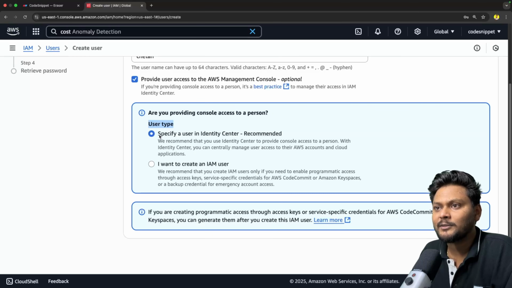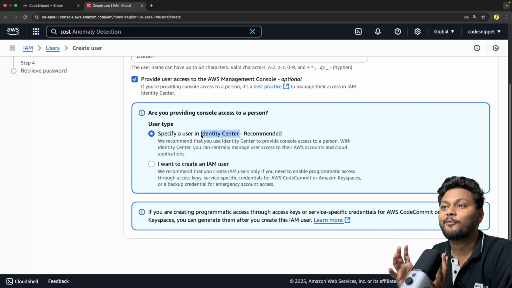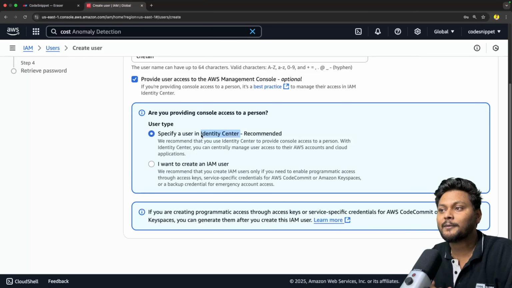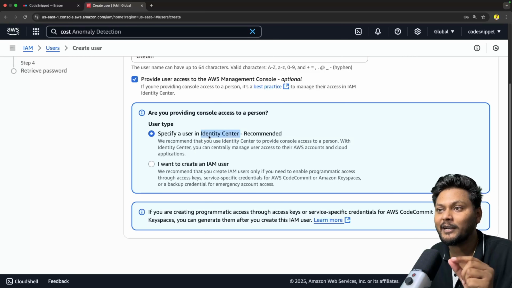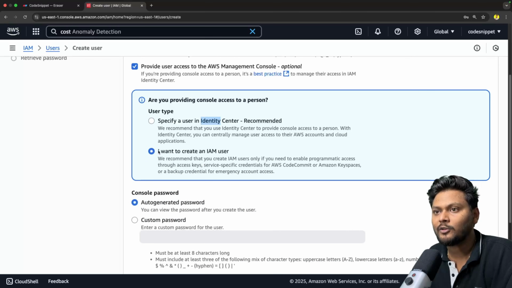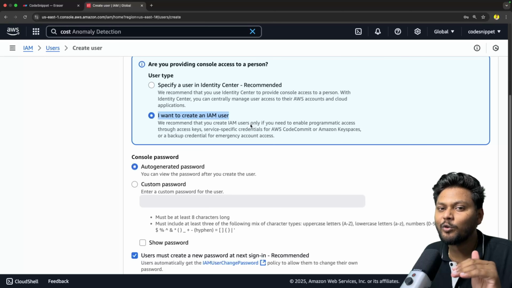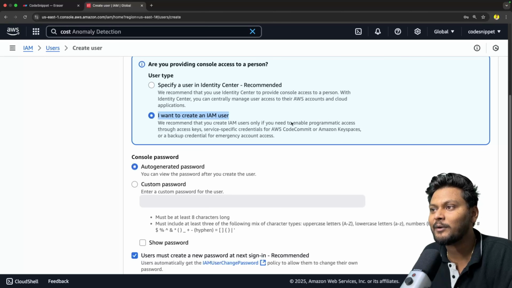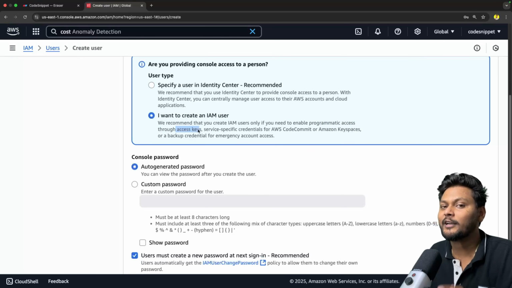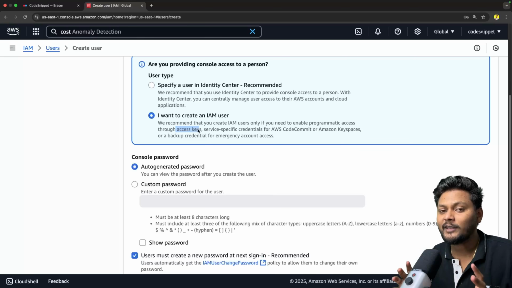So it says specify a user in identity center. Identity center is another service of AWS which is for user management. If you are in the IT industry and you want to manage a hell of a lot of users, then it is recommended to use identity center, because it is very easy to manage all your users there, right? But we only want to create one, so I will go with create an IAM user. We are going to create an IAM user who will be able to log into the AWS account, as well as have programmatic access through access keys, right? So we can generate an access key, put it in our Spring Boot application and connect to various services of AWS,